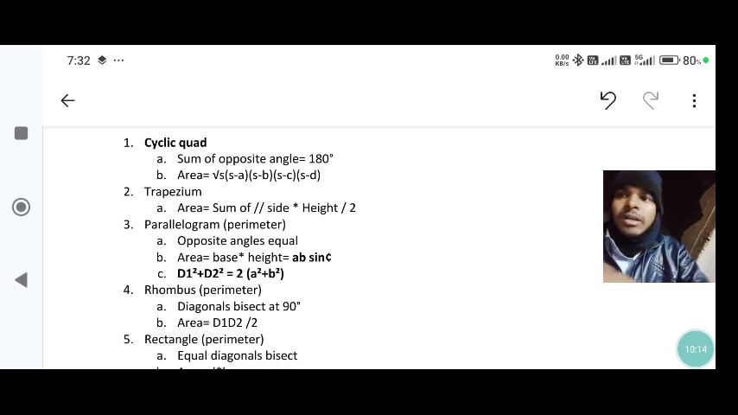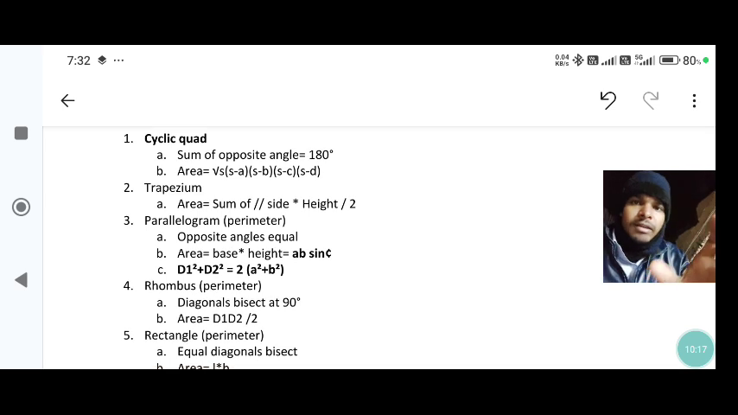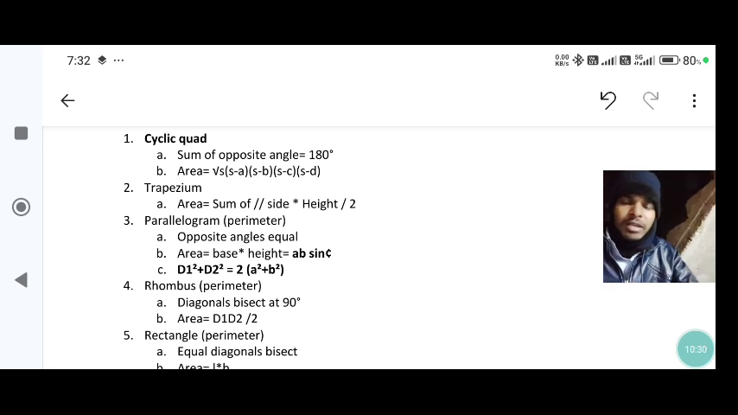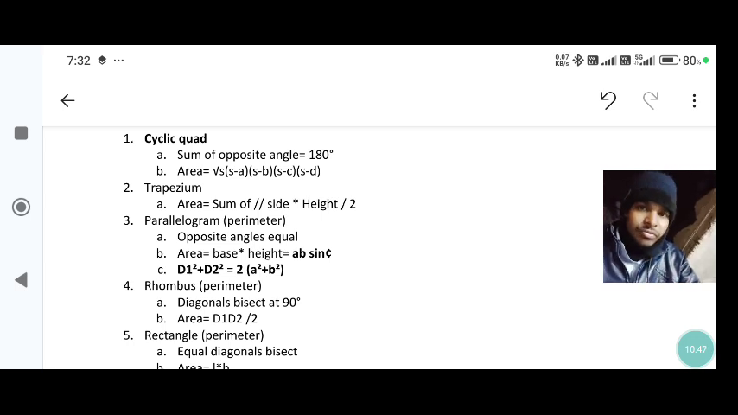Now coming to the types of quadrilateral. First type is cyclic quadrilateral. What is a cyclic quadrilateral? When four sides of a quadrilateral are inscribed in a circle, then it is a cyclic quadrilateral. In this, the sum of opposite angles is 180 degrees. It should be noted that the opposite sides are not equal, but the sum of opposite angles is 180 degrees. And the area of this cyclic quadrilateral is root under s into s minus a